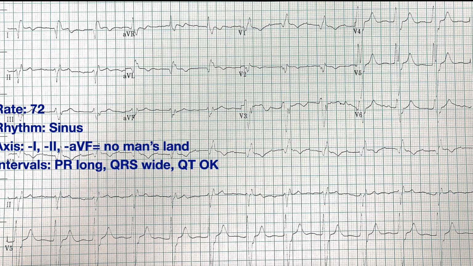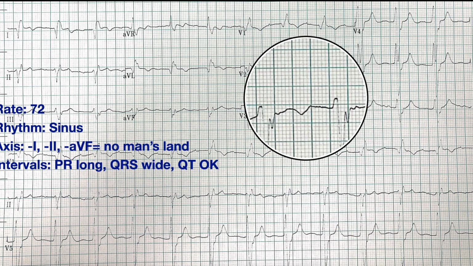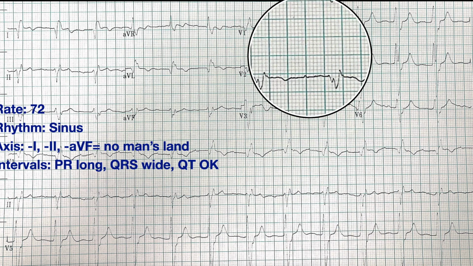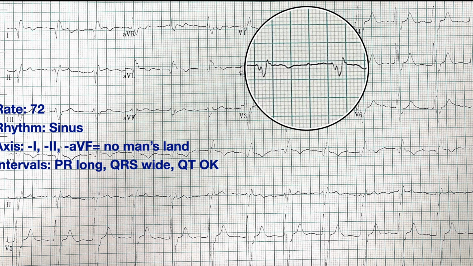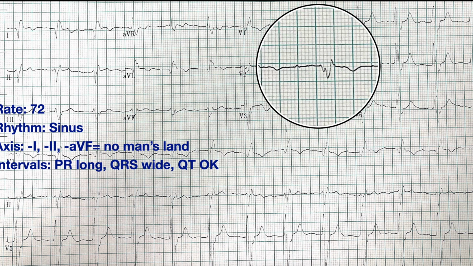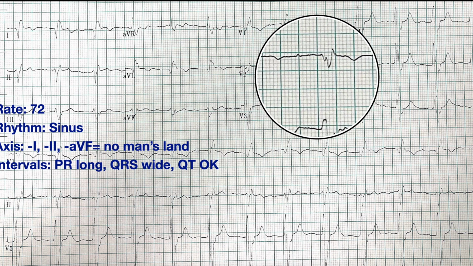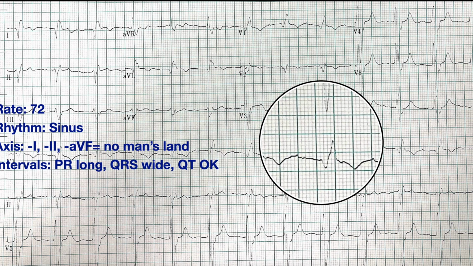Again, start with AV blocks. We've got a long PR interval each time, but it looks like it is at least consistent. There again is that long PR interval. It doesn't look like that PR interval changes, so this looks like just a stretched out PR interval. There's always a QRS complex that follows it. You don't drop any beats, and it looks like it probably is associated with the QRS complex. So this is probably a first degree AV block from what we see here,